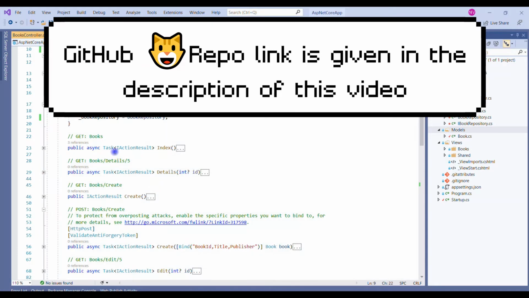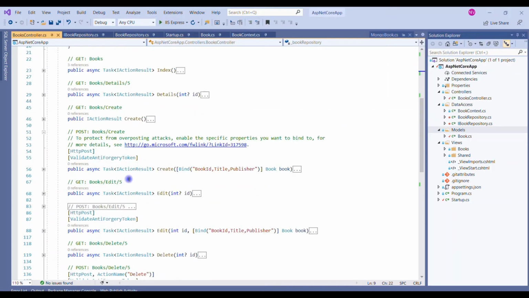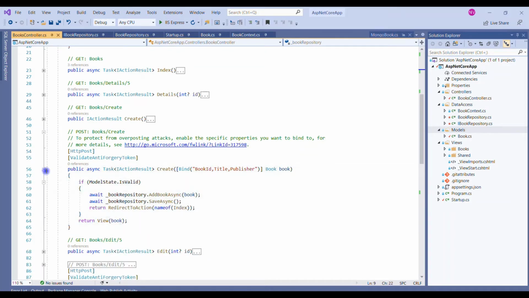You can see this is the asynchronous index, and this is a task of detail type. This is also an asynchronous version, and further you can see the task here where we are creating. This is also a task which is awaitable.